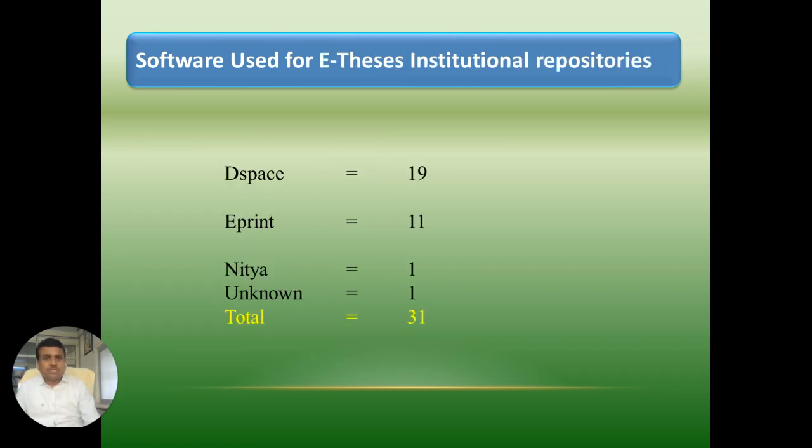Software used for eThesis institutional repository, that is DSpace, ePrint, Nitya, and one is unknown. DSpace software is used in 19 repositories, ePrint 11,